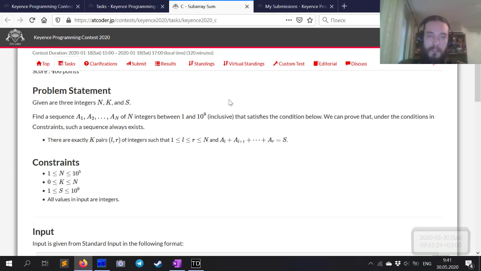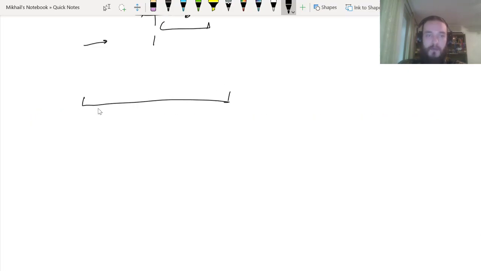So we're concerned with these ranges that sum up to s. Okay, so there could be one of these ranges. The other one, like if there is another one, cannot. The ranges that sum up to s clearly cannot be contained in each other, because if this is s, this would be larger than s. Okay,